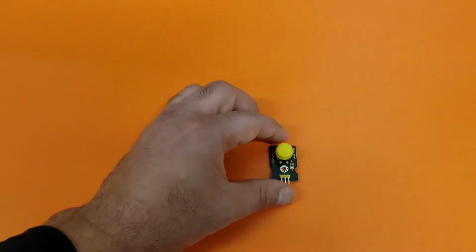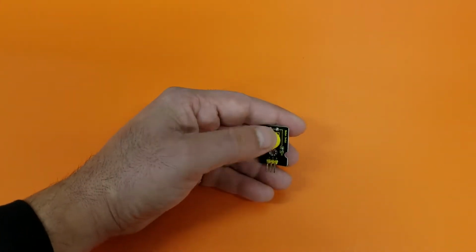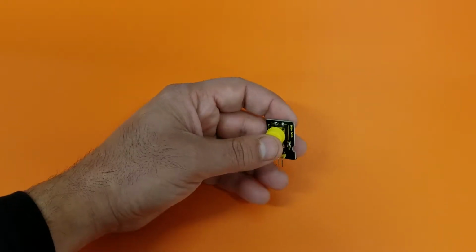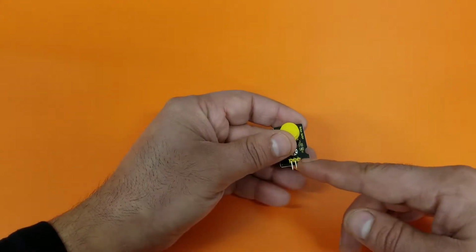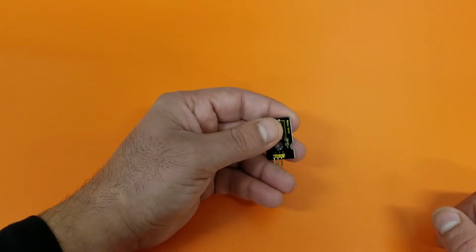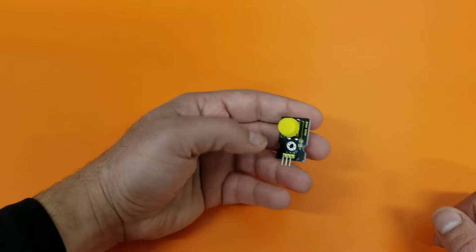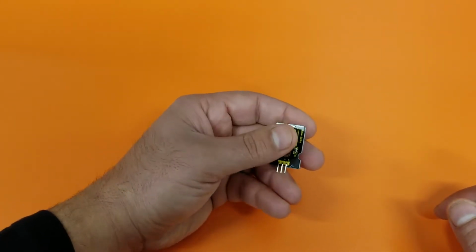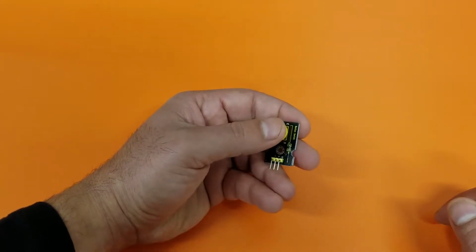The first component we want to use to learn to program is the push button switch. The push button is a digital input. The reason it's input is because it's sending information to the Arduino. What kind of information? Is it pressed or is it not pressed? And why is it digital? Because it can only be pressed or not pressed. There's only two ways. If it could do multiple things, it would be analog, but because it's only pressed or